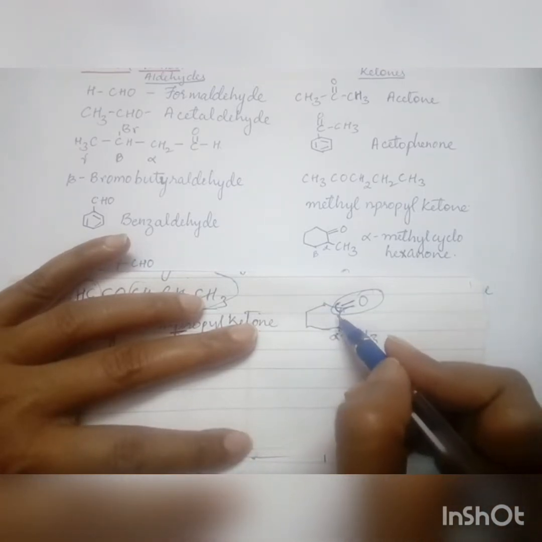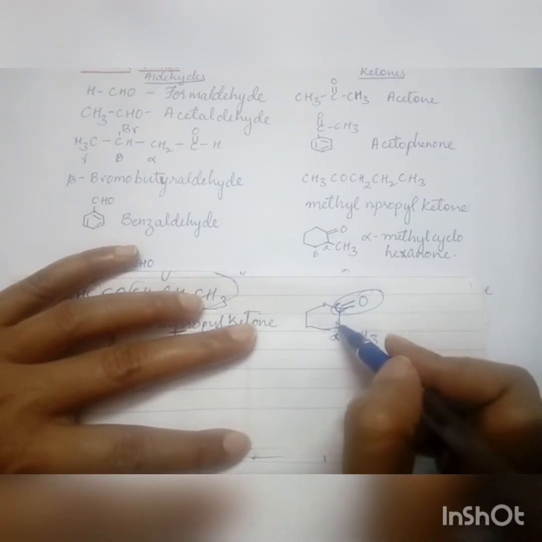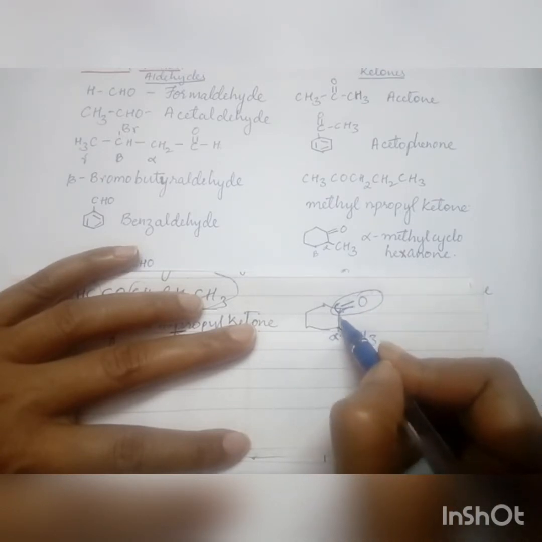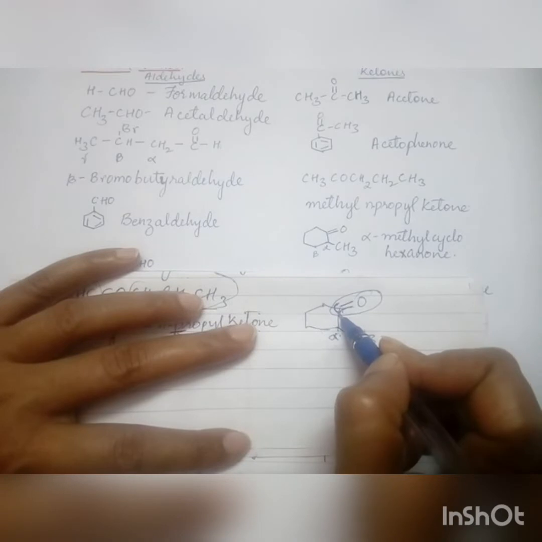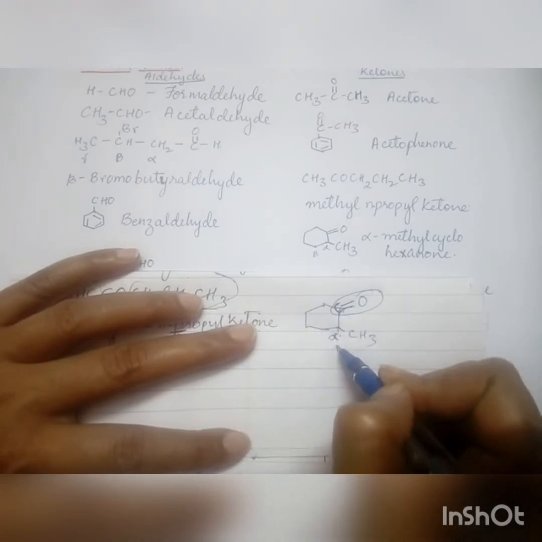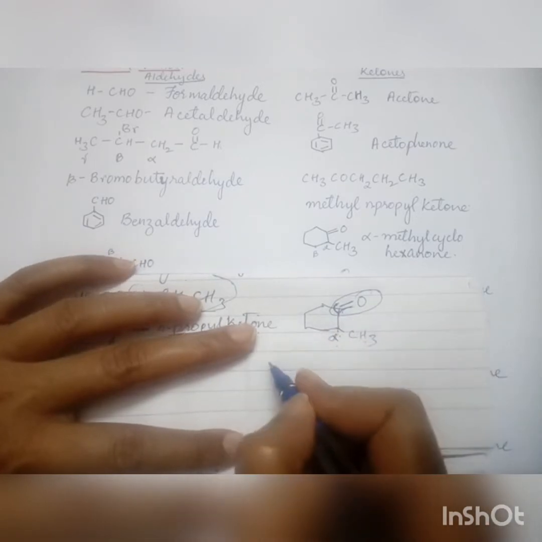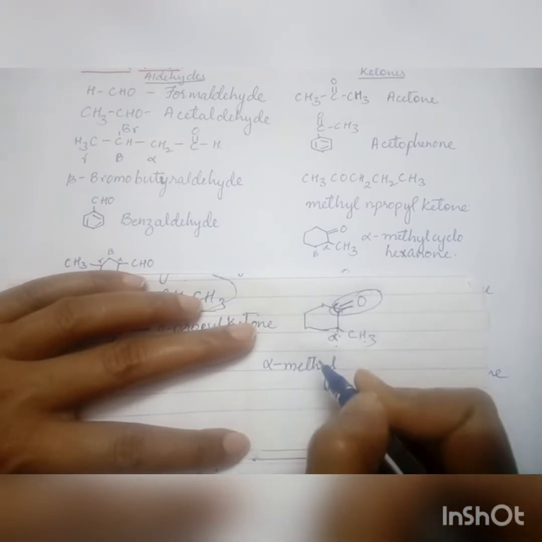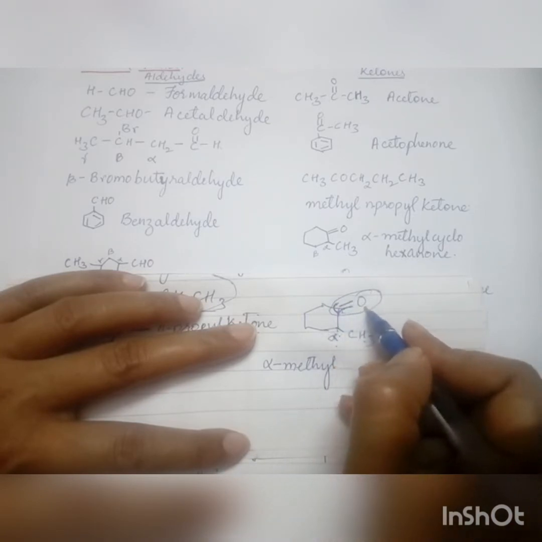Now in this one, how do we name? We have this compound as cyclohexane. Along with that, the group which is present is the ketonic functional group. Now with respect to this, this is alpha. At alpha, what group is present? Methyl group is present. So how do I write this one? First I write alpha, this is the prefix, that is methyl. Then what is this compound? It is cyclohexane, and because the functional group CO is present, we write it as ONE.